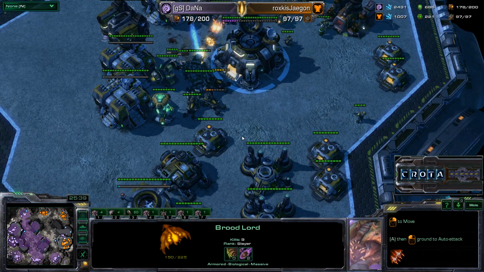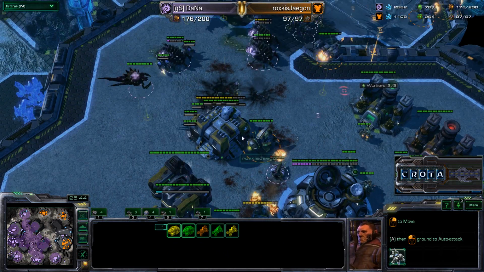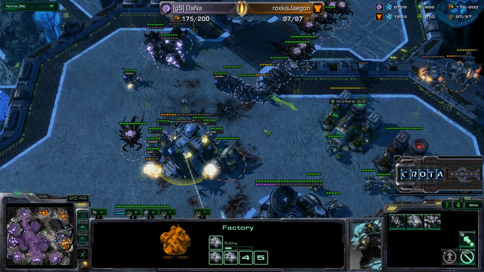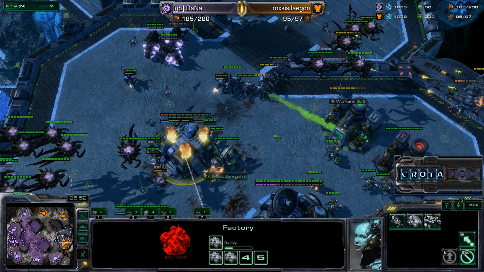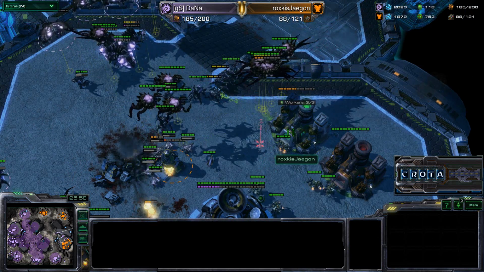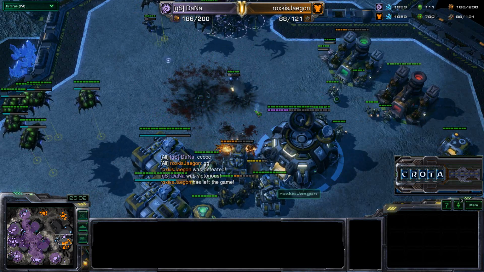Production buildings are all now getting taken down. Siege tanks, Hellions doing a little bit of a last stand here. This last stand not going to stand for very long. Infested Terrans now continuing this push. Corruptors have finally arrived. More Broodlords now morphing into the field. And as we sit at 186, there it is